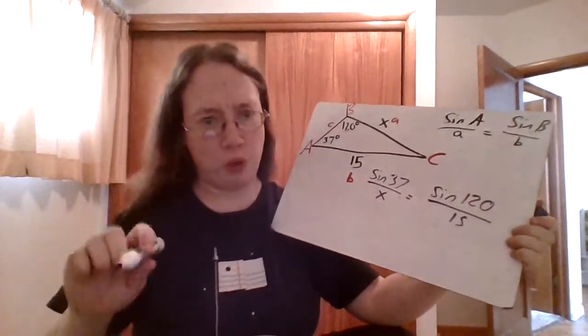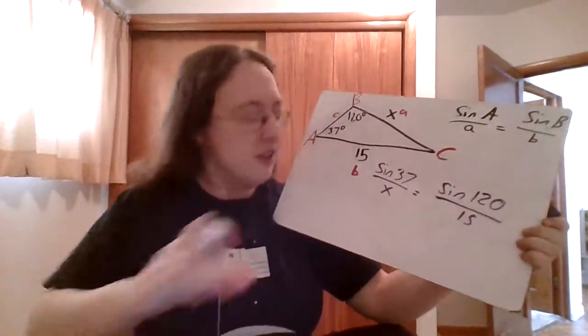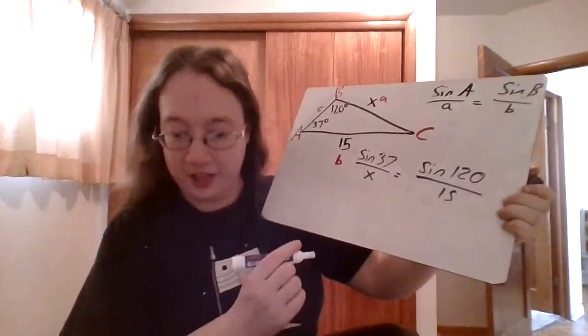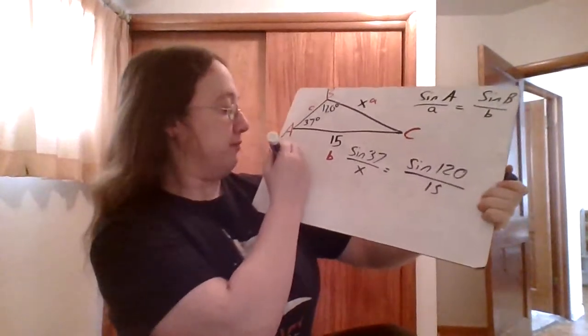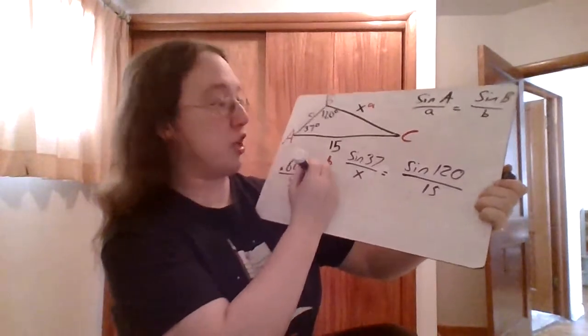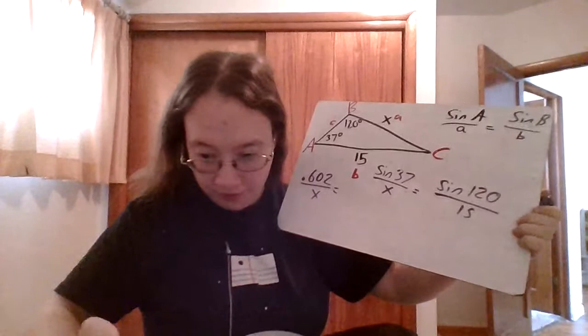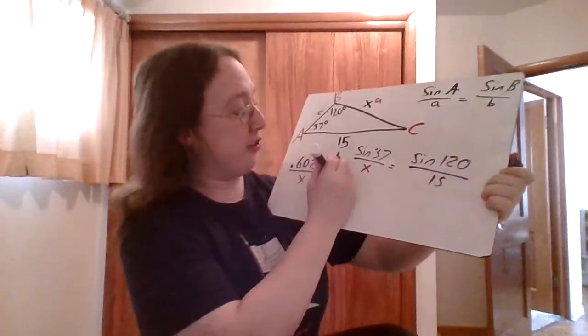Technically, this would also work if you're in radians, as long as you don't switch halfway through. So the sine of 37 is 0.602-ish over x equals the sine of 120, which equals 0.866